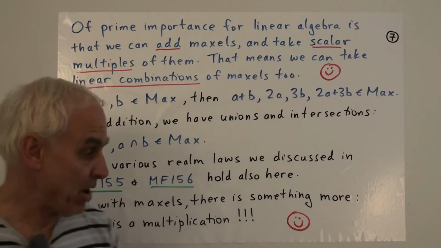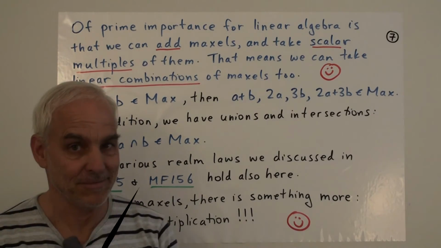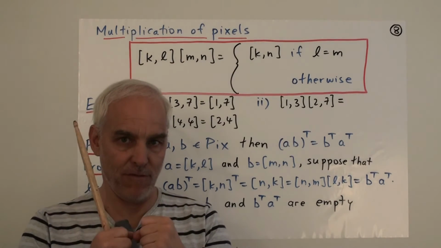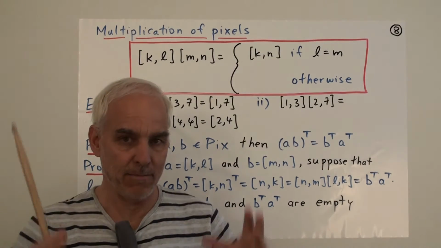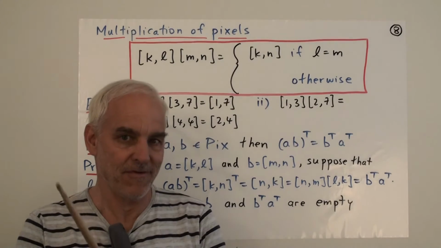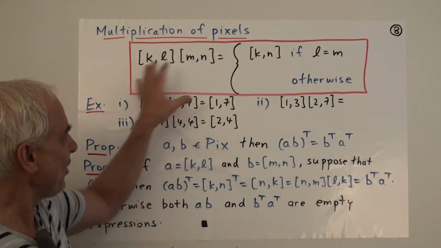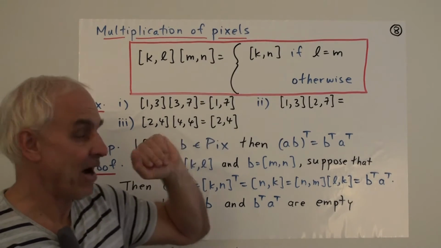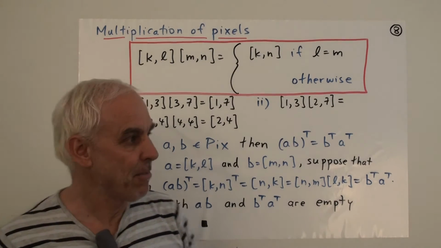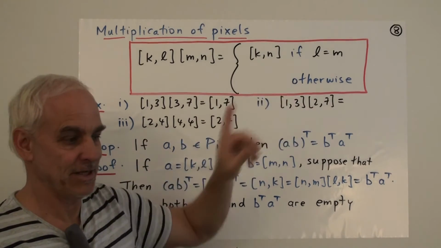Alright, so that's all very nice, but what really makes things interesting is that we also have a multiplication. Now what's particularly pleasant about this multiplication is that it really starts at the pixel level. And the multiplication at the Maxell level is almost an automatic consequence of this fundamental multiplication of pixels. And I should probably warn you that this definition is a little bit unusual. It will be breaking new territory for you conceptually, probably, because of the unusual use of this blank space here. So let's have a look at it.